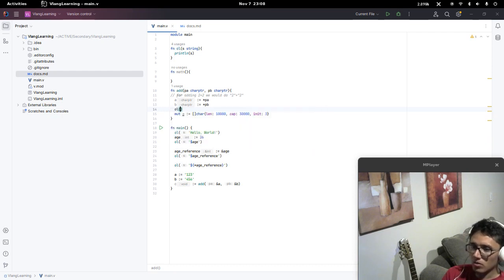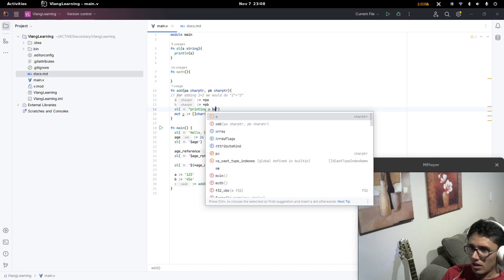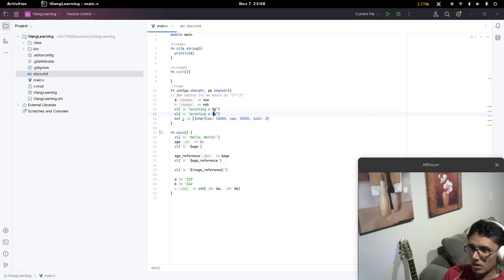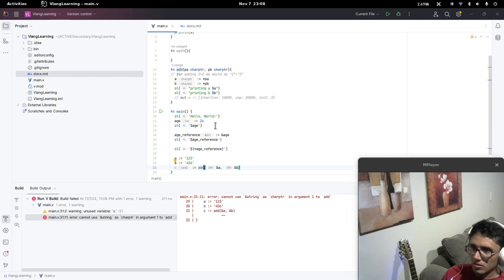I mean, I don't know. Printing A, and then we will print the A thing, and we will do the same for B, printing B. I'm sorry, we'll comment this for a second, and then we will try to run this, and it says you cannot use a string as char pointer in argument to add. Okay, so